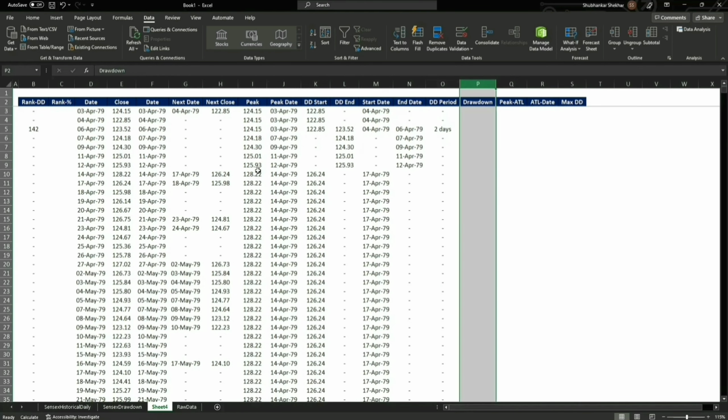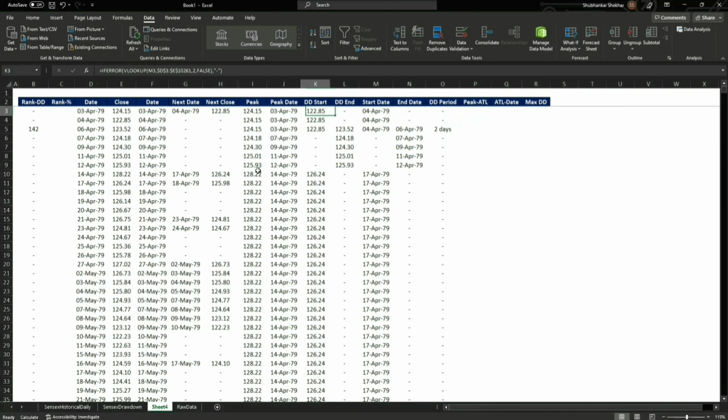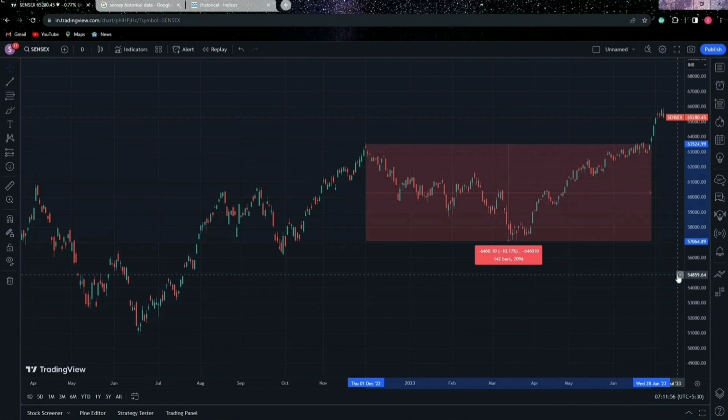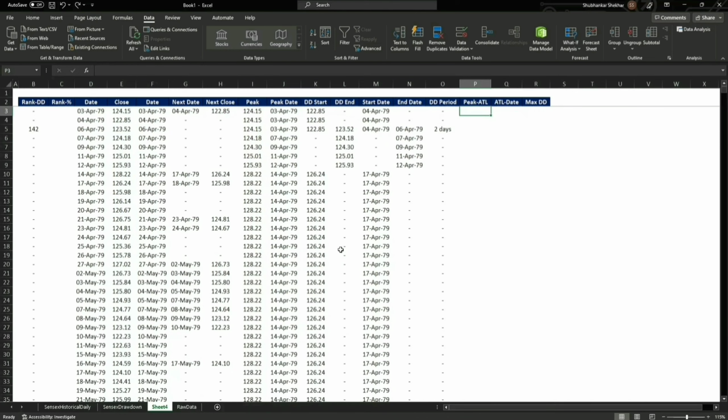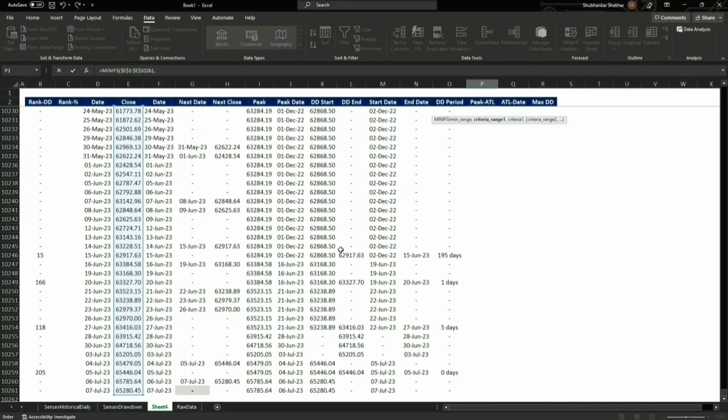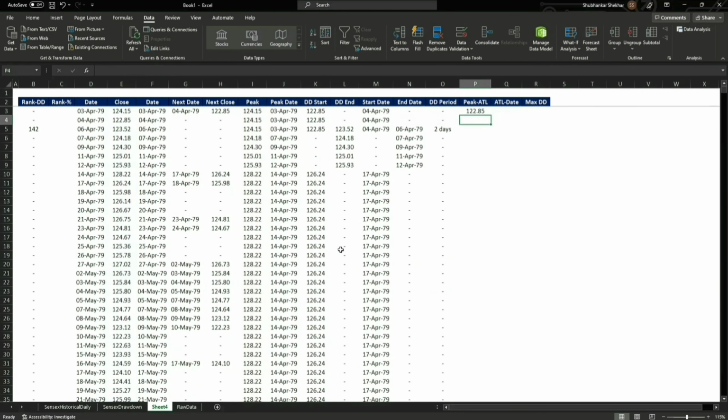Now we don't need to calculate a drawdown here. So the peak's all-time low, right? So please understand this, that after every peak, right, we have to calculate the all-time low for this peak, right? We are going to calculate this now. Okay, so to calculate the same, the peak's all-time low, what we are going to use is MINIFS, right? For MINIFS, the minimum will be calculated from here based on the peak, right? I'm going to simply wait a second, just let me format this correctly.